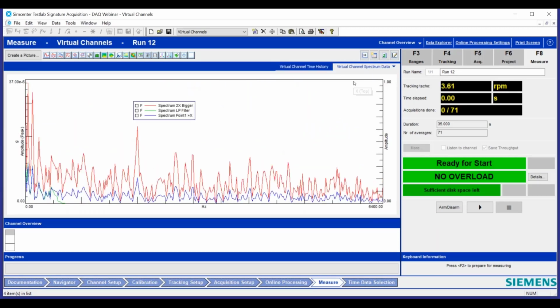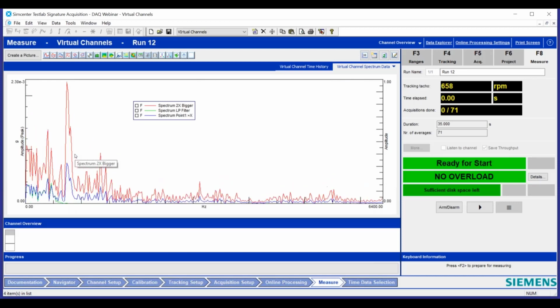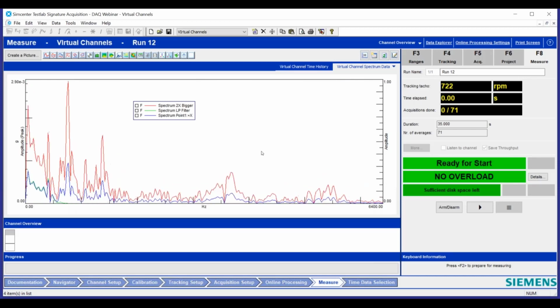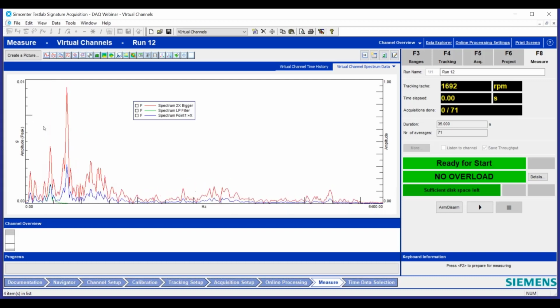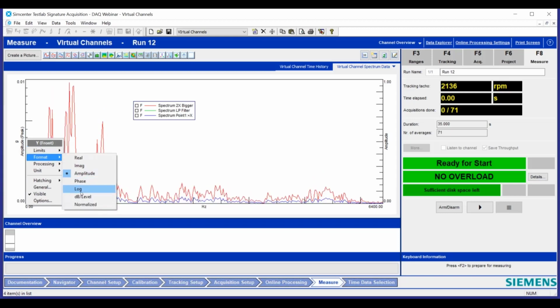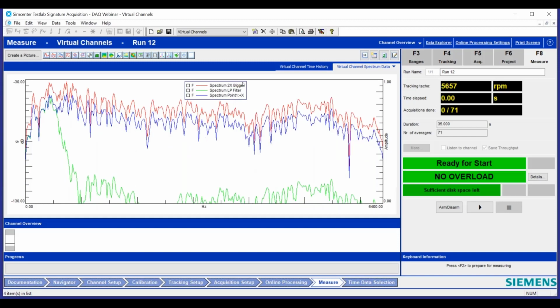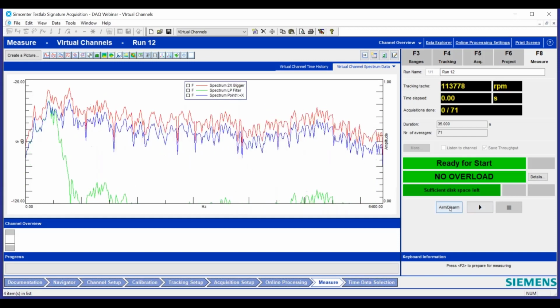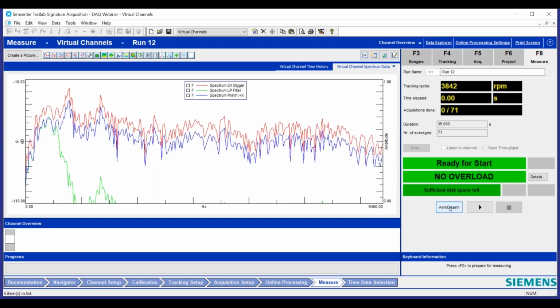Additionally, if you were doing some structural functions, you can also look at that data live. If you looked at that virtual channel in dB or something, that green one would probably not have much frequency content compared to the others. Yeah, it's been filtered the heck out of it. Exactly. So that was the demo that I wanted to show with regard to the virtual channels.